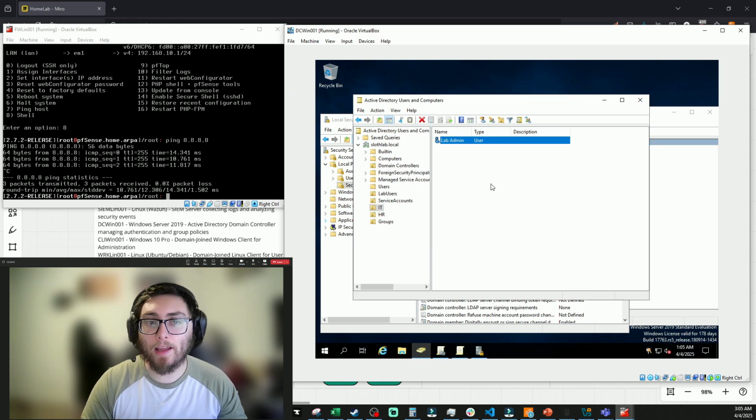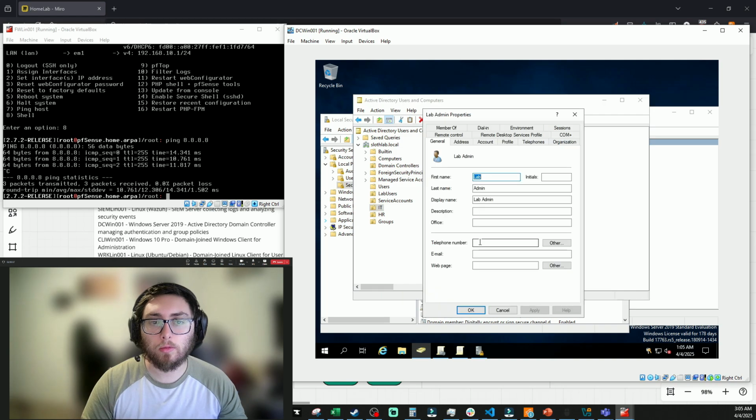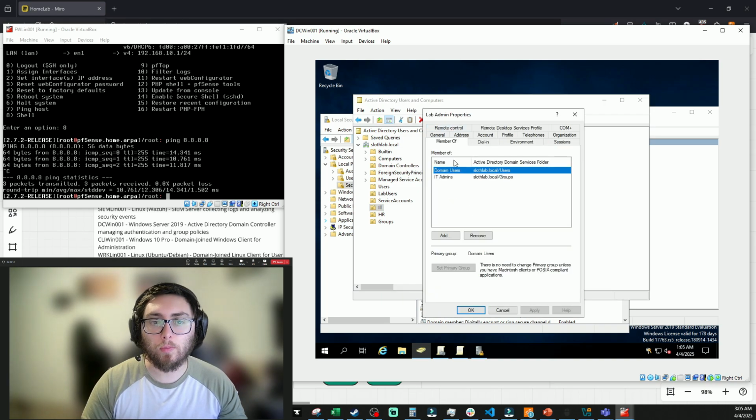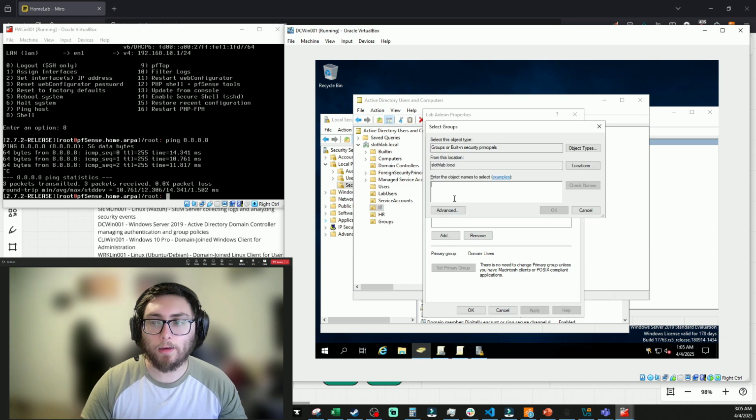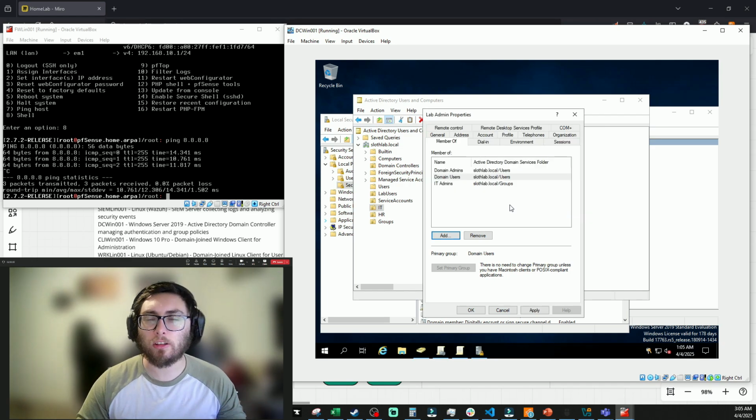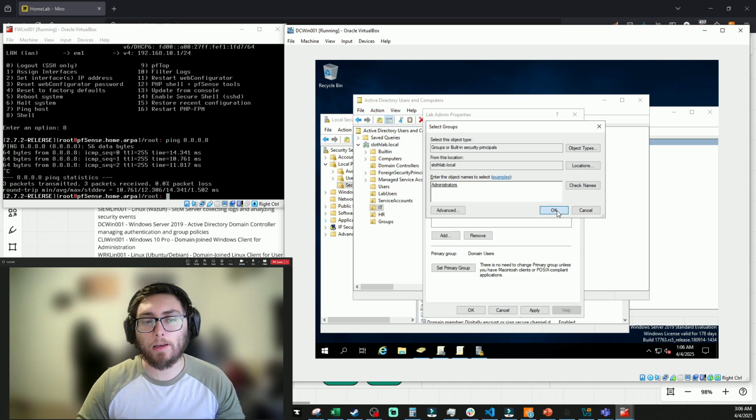Now we're going to add this lab admin user to the domain admins group. So now we're going to right click on this user, click on properties. We're going to go to member of, add, type in domain admins, check names. And as we can see, it auto-filled it for us. Once it underlines it, you know that you've properly added the right group. We're also going to add it to administrators and